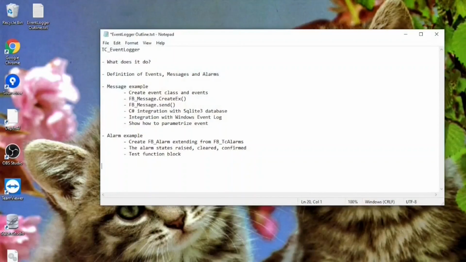Today, we're going to talk about the TwinCAT event logger. The TwinCAT 3 event logger is responsible for transmitting events. An event is a message or an alarm. This technology allows the machine to report issues to the operator and provides the programmer several functionalities to develop an